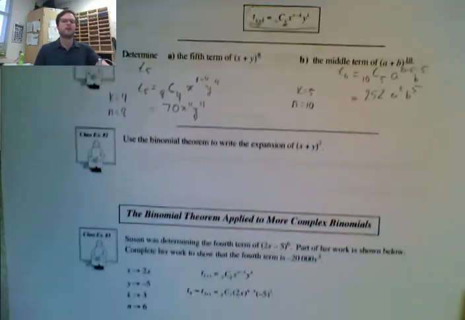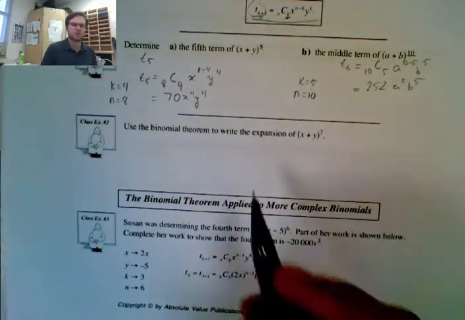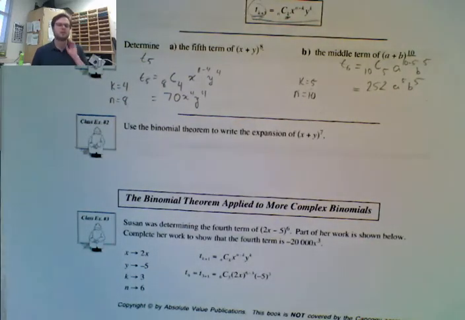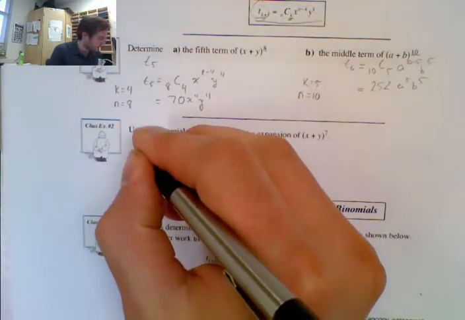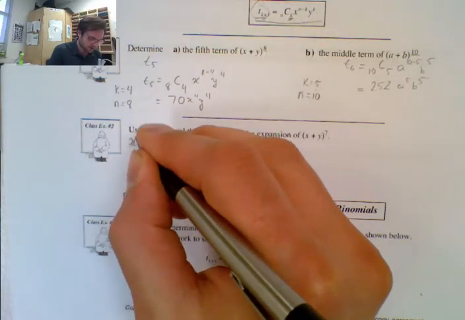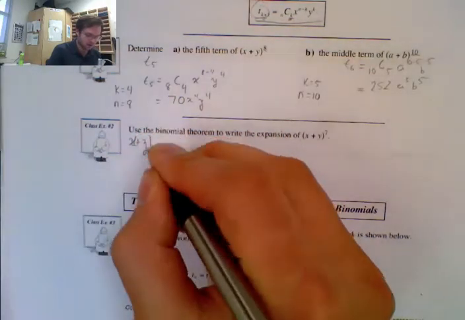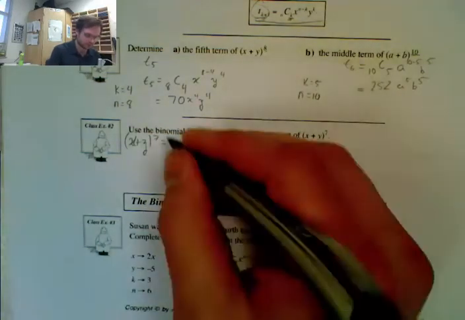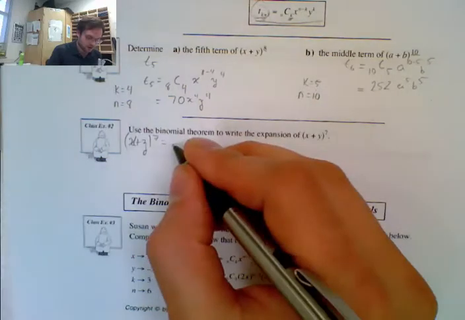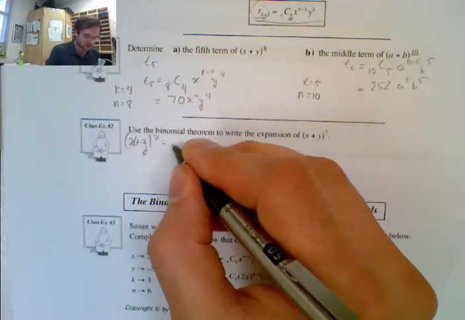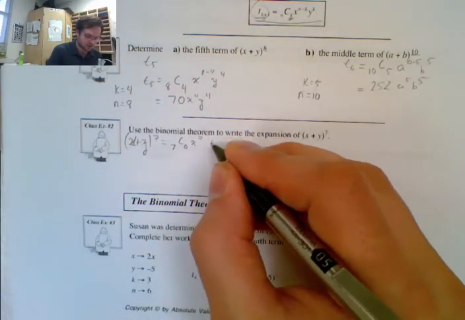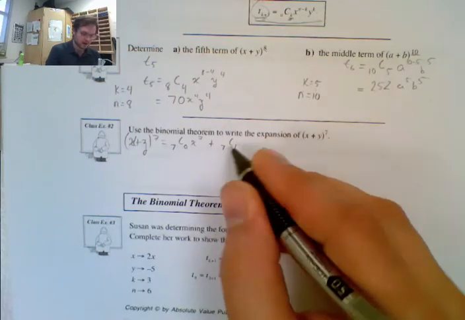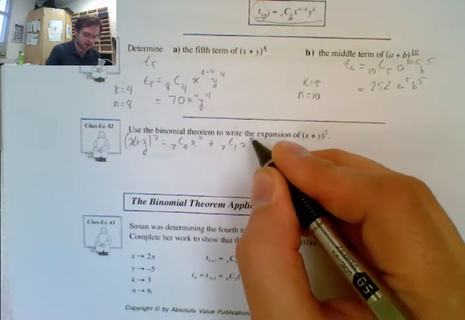Now it says to use the binomial theorem to write the expansion of this. So we want to use the binomial theorem to write that in expansion form. We're going to have x plus y to the power of 7 is equal to, we're on the 7th, so that's going to be 7 choose 0, combination 0, and I'm going to have x to the 7, plus 7 combination 1. And remember, this is my y value, so it's going to be x to the 7 minus 1,